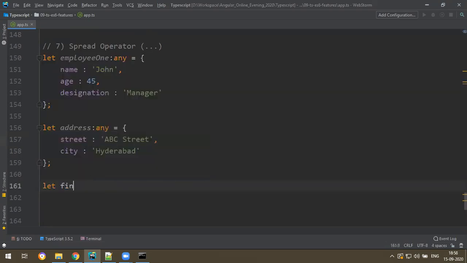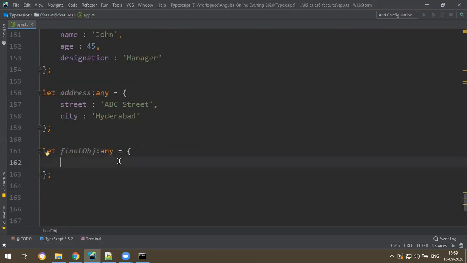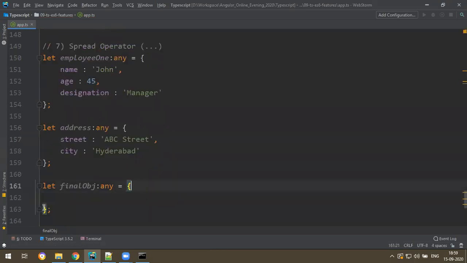Let's say final object of type any is equal to, suppose I write employee one and address, if I just write like this, what happens?